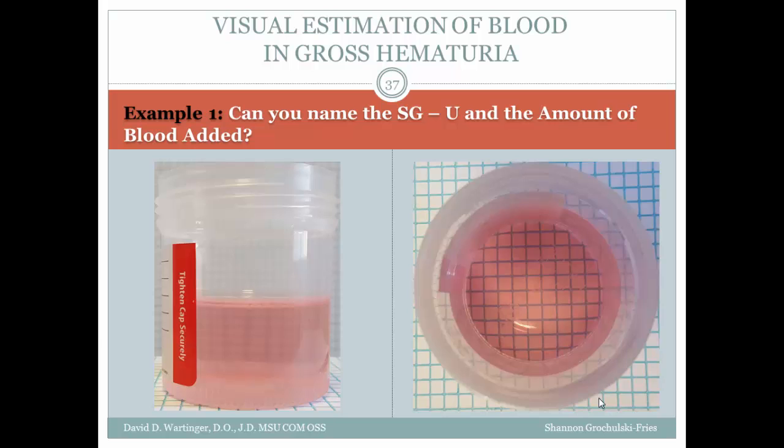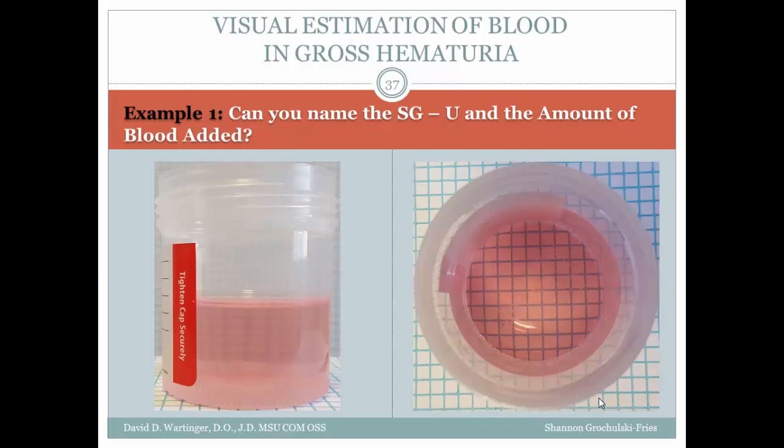A few examples of possible clinical situations have been prepared to provide self-evaluation. Example 1. A hematuria specimen containing an unknown volume of blood has been presented for evaluation. How much blood does the specimen contain? Knowledge of the patient's hydration state at the time of the gross hematuria episode helps determine the specific gravity of